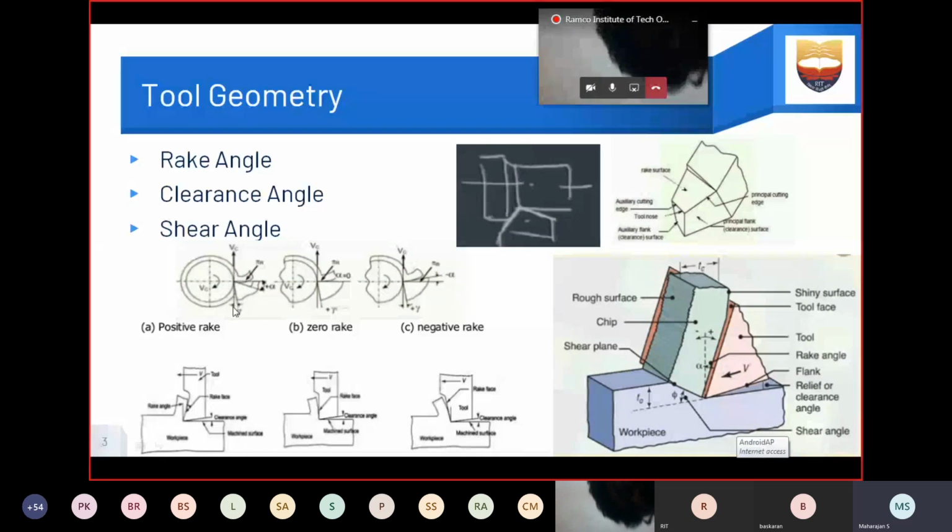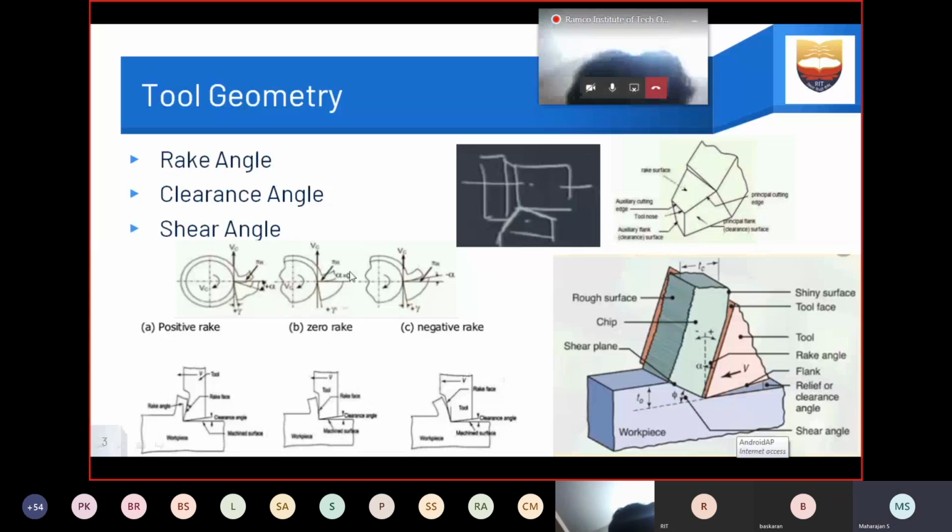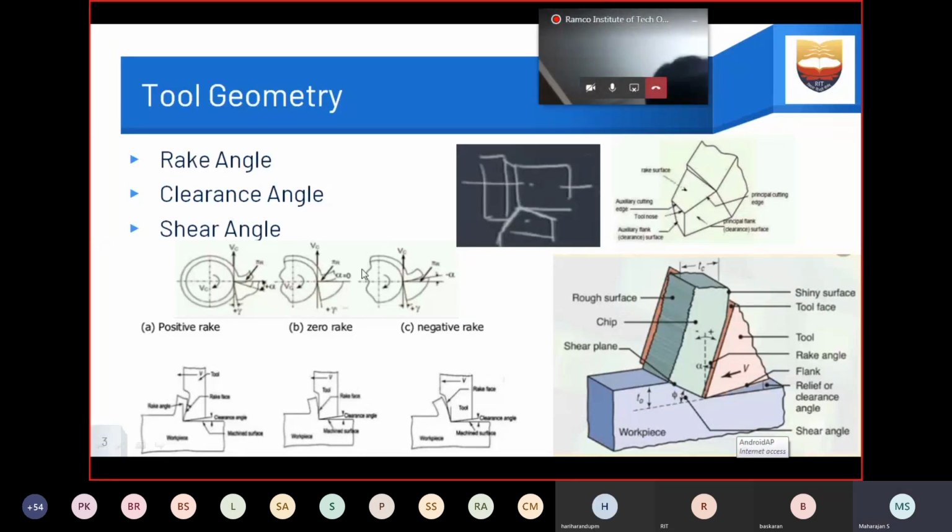This is the clearance, all about the clearance angle. The next one: where do we use zero rake angle? Zero rake angle is used for machining brittle material because we need to give more force onto the material to machine it. So in zero rake angle, particularly for cast iron, we use zero rake angle for machining the component. This is the rake face of the tool, which lies exactly on the axis of the workpiece. So there is no angle in between. So this is zero rake angle.